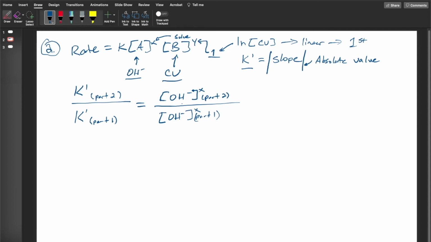So for me, in part 2, which is the second half of the experiment, where we used the 0.1 molar sodium hydroxide, when I did the M1V1 equals M2V2 calculation to get the diluted concentration of sodium hydroxide, I got 1.25 times 10 to the negative 2, right? And then, so this is my part 1 right here, or sorry, this is my part 2,